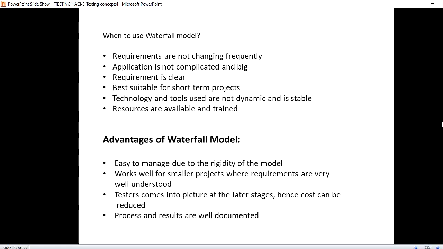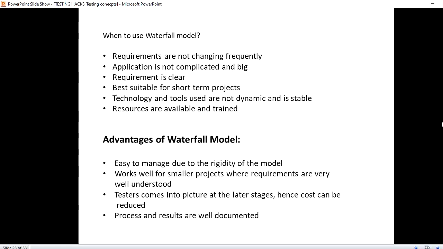In that case the waterfall model is best suitable. The application is not complicated and big, and the requirement is very clear. When we are sure that the requirement will not change again and again, we can go with the waterfall model. Technology and tools used are not dynamic and are stable, and resources are available and trained. In that case, the waterfall model is best suitable.